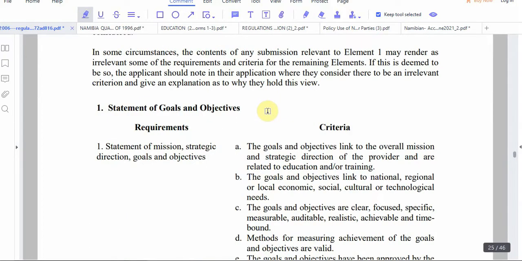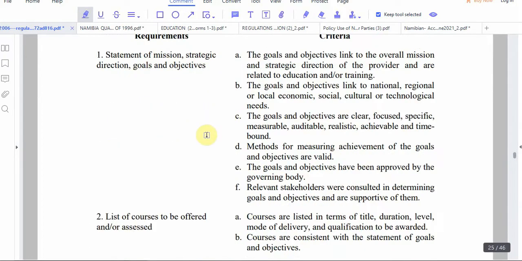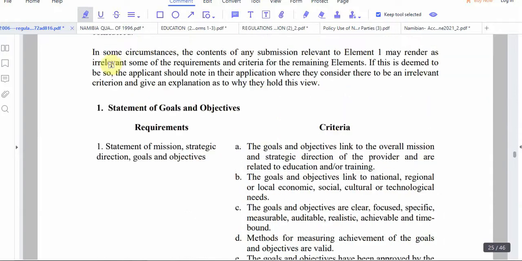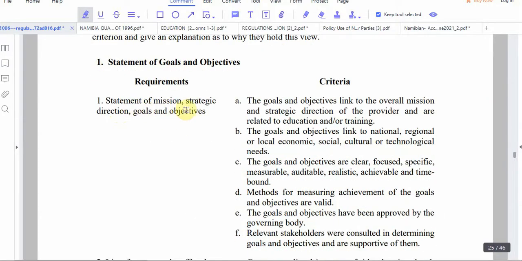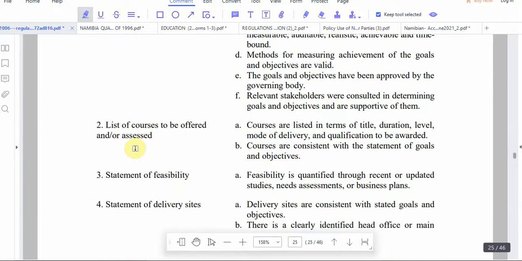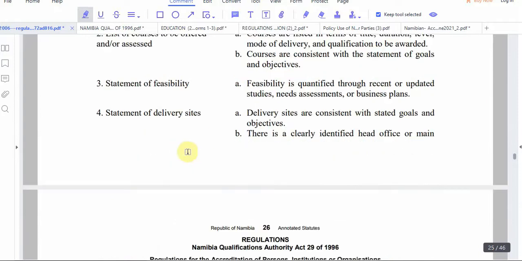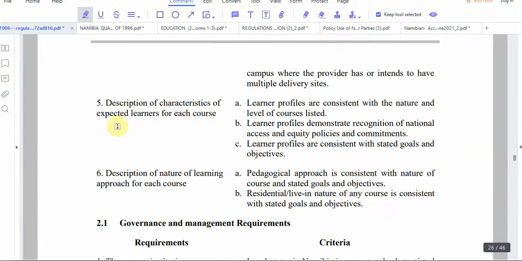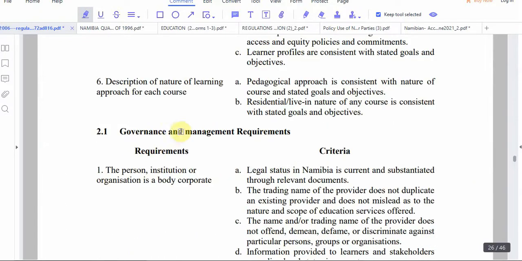Appropriate and adequate statement of goals. This is just expounding more on what we've read there about statement of goals and objectives, statement of mission, strategic direction, goals and objectives, list of courses to be offered and/or assessed, statement of feasibility, statement of delivery site, description of characteristics of expected learners for each course, description of the learning approach for each course,